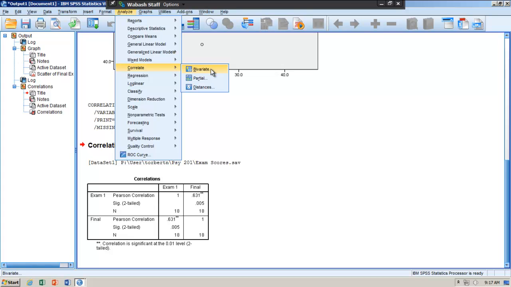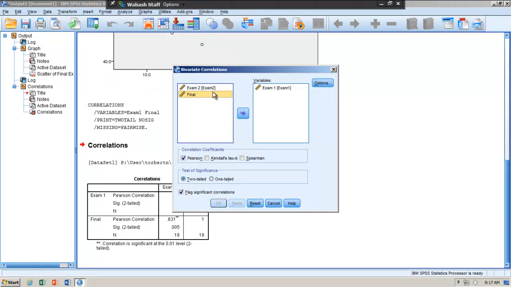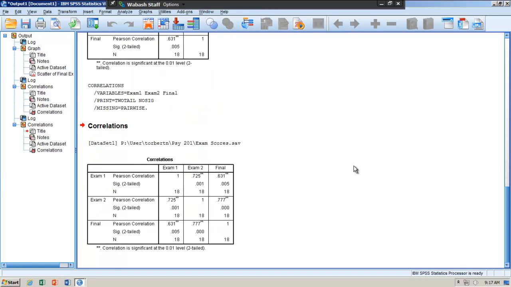The nice thing about SPSS is you can also look at the correlations between all 3 exams pretty easily. So we can put exam 1, exam 2, and the final. And then SPSS will give us a nice table that shows us that exam 1 and exam 2 are highly correlated, 0.725. We already saw exam 1 and the final, and exam 2 and the final are also highly correlated,